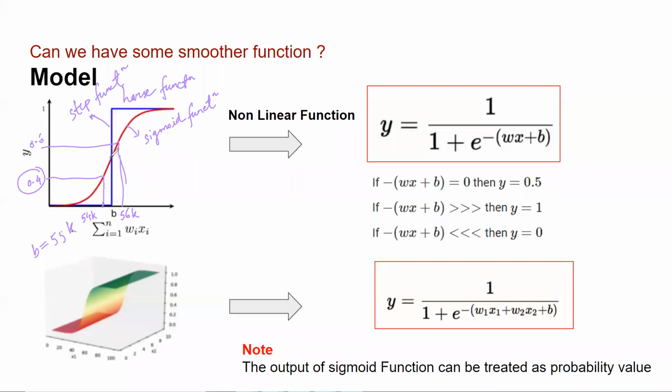You can set a threshold here where you'll say that any probability which is more than 0.5, I'll say it as 1. Anything which is below 0.5, I will say it as 0. So you can approximate this sigmoid function as a perceptron function also, as a step function also. But for all practical purposes, we would prefer to have a function which can generate some sigmoid function, because the inference which we get from the sigmoid function is more correlated with real life scenarios. Do you agree with me?